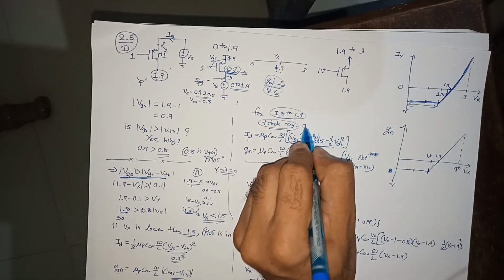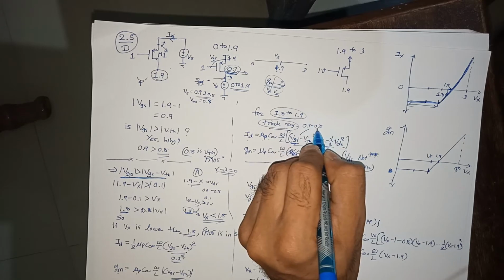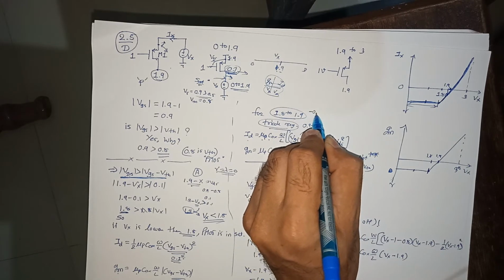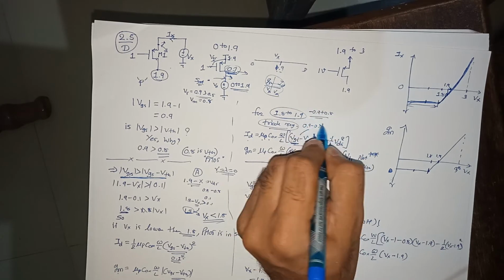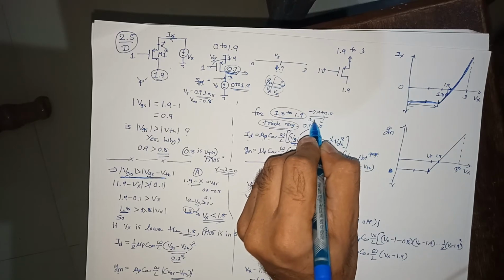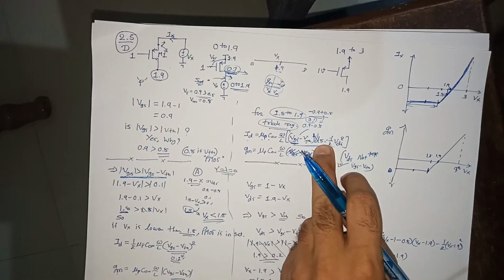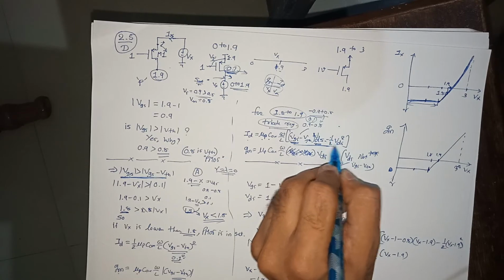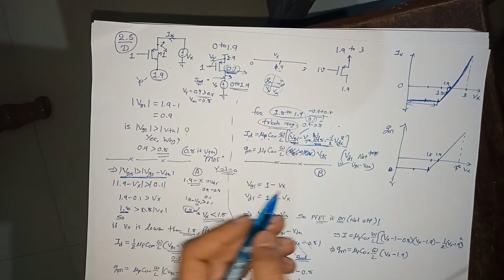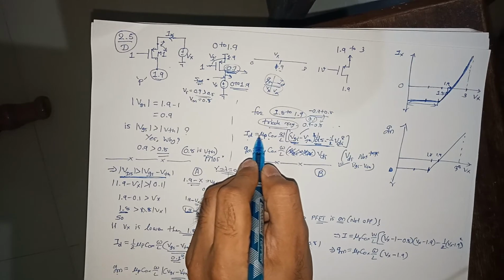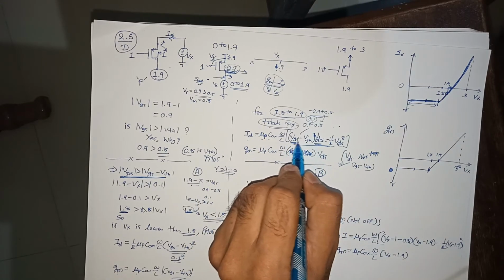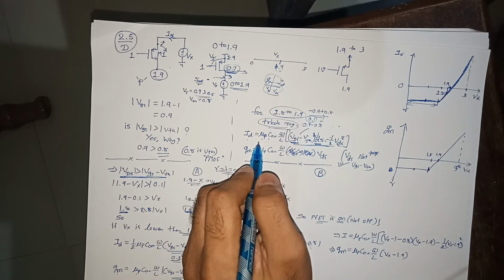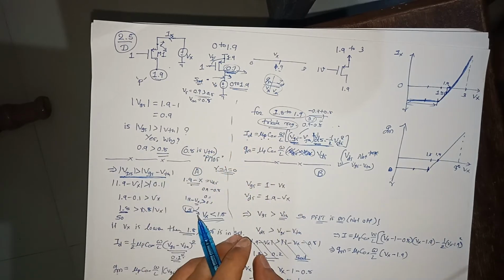So this will be like 0.9 minus 0.8. You don't need to consider minus Vth and minus Vgs. If you are following the traditional method, it will be minus 0.9 plus 0.8, so ultimately you are falling on the same value. Into Vds, where Vds is 1.9 minus Vx, minus 1/2 (1.9 minus Vx) square. You don't need to consider the minus sign, plus sign here. If you are putting the value by common sense, you don't need to put a minus sign, you just need to follow the sign whatever you follow in the NMOS. This will be a very easy method to follow. I'm always following that.